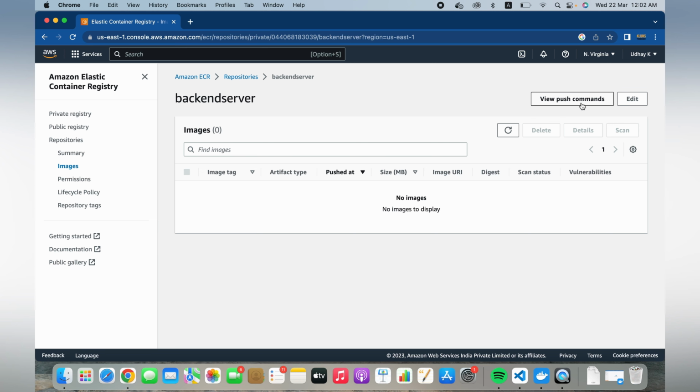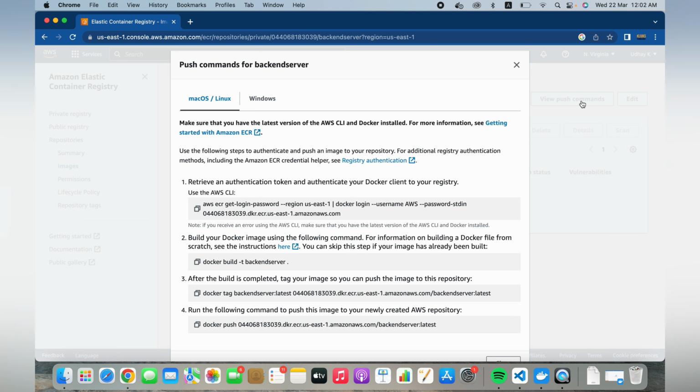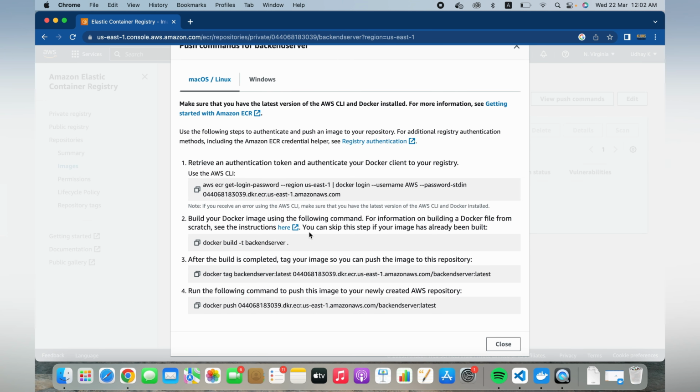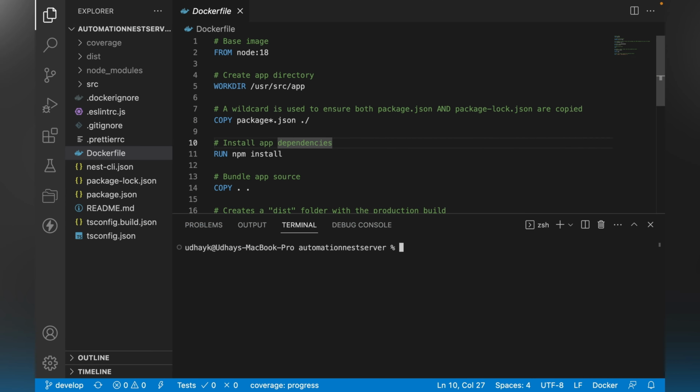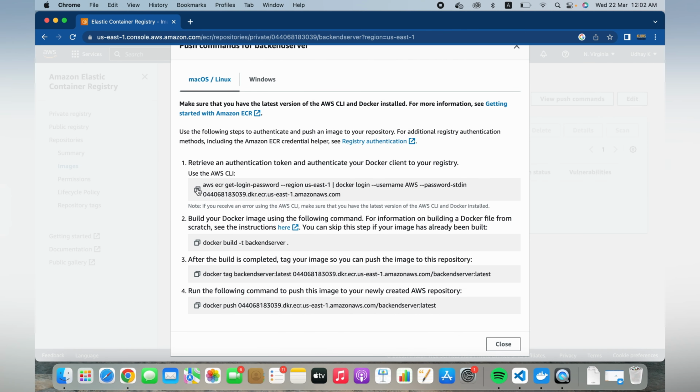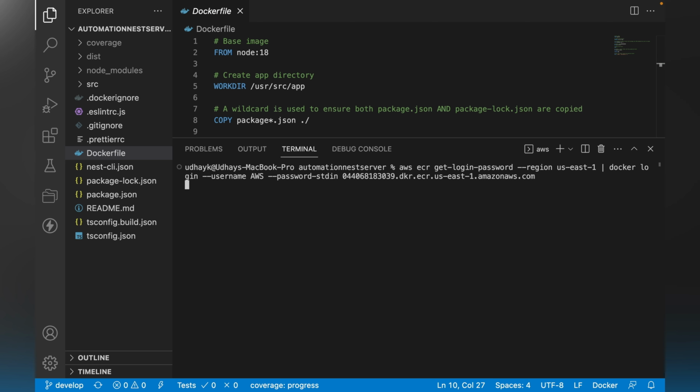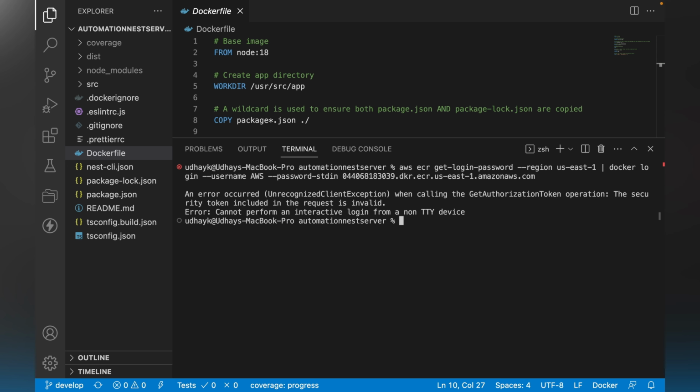If you see view push commands, when you click it, you are seeing these options. These are the steps to push the image to AWS. So I will open the terminal and try to log in. It should say successfully logged in, calling get authorization operation, security document included. Okay, seems like I need to first